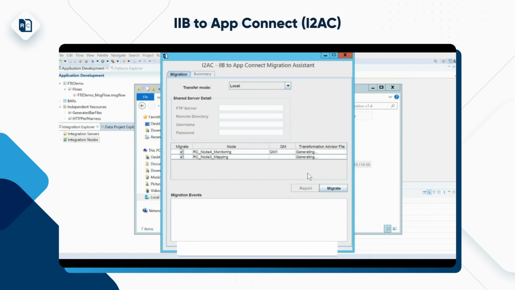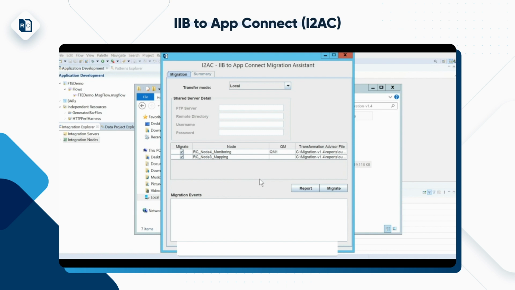Let me explain. The same thing is here. If we take the backup of everything, we have an option here on the left side, a checkbox, migrate. Even if you have the backup of everything, if you want to skip something on the destination side while migrating, you can select an option here, and it will only migrate what is checked. If you uncheck anything, it's going to skip that node.